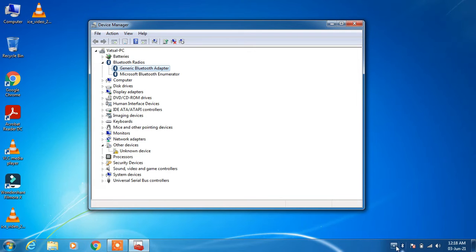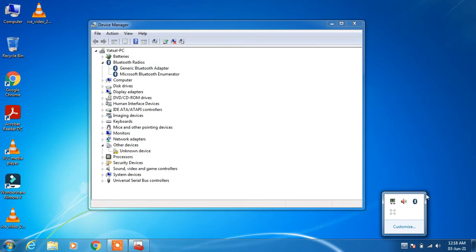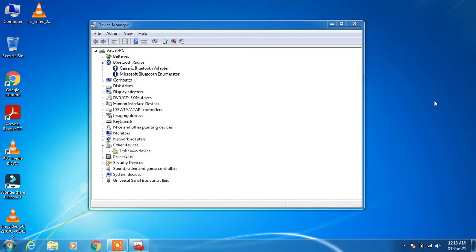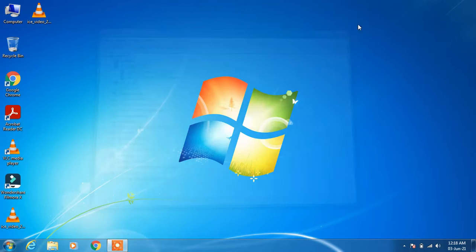So you can see that the Bluetooth is showing in the taskbar. And now you can just right click over it and use these options to send or receive the file. If still the Bluetooth icon is not showing in taskbar, then the other method that you can try out is